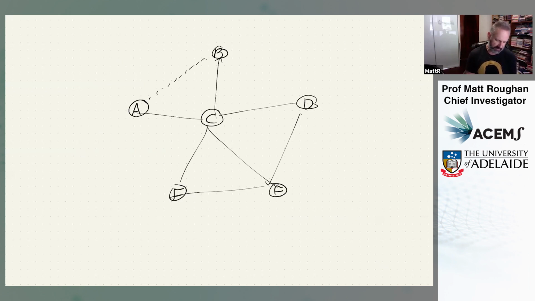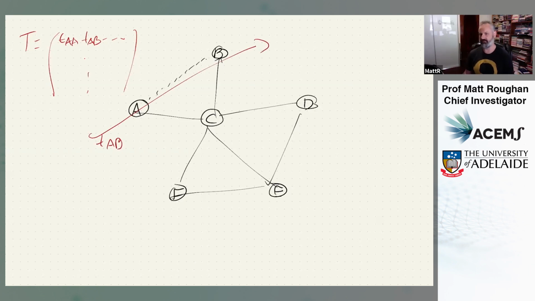So a traffic matrix is a big matrix of elements like this, TAA, TAB, and so on, where TAB is just this traffic flow. It's the traffic flowing into A and out from B. You might assume that the diagonal elements of this are zeros. So you might think that you don't get too much traffic that flows into D and flows straight out from D. But this is an abstraction of a network.